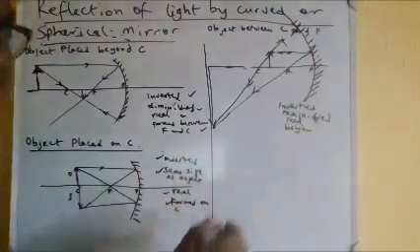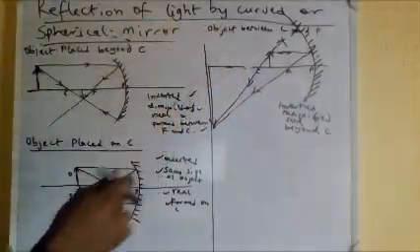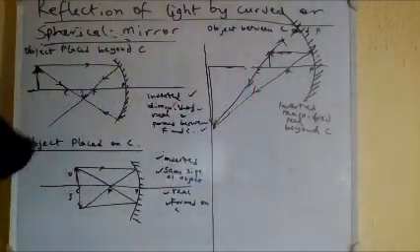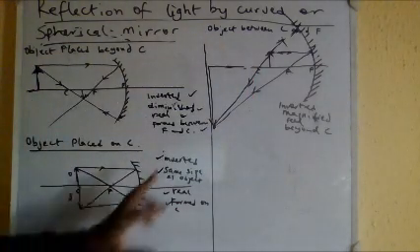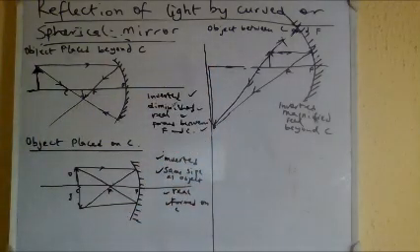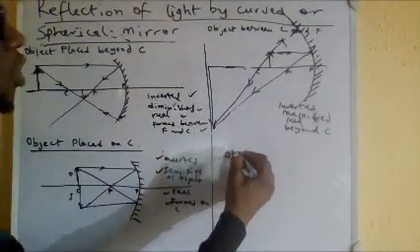Beyond C. Beyond C is the center of curvature. So I have the image formed behind the center of curvature. All right. So another scenario is when I have the object placed on